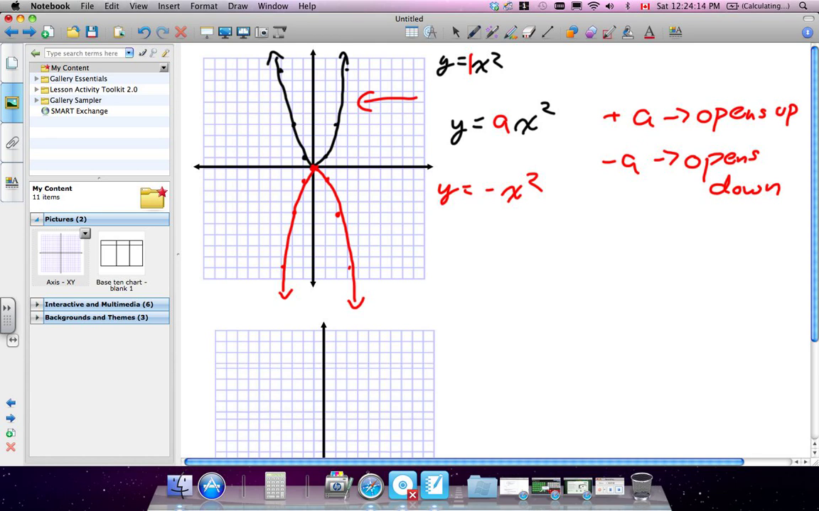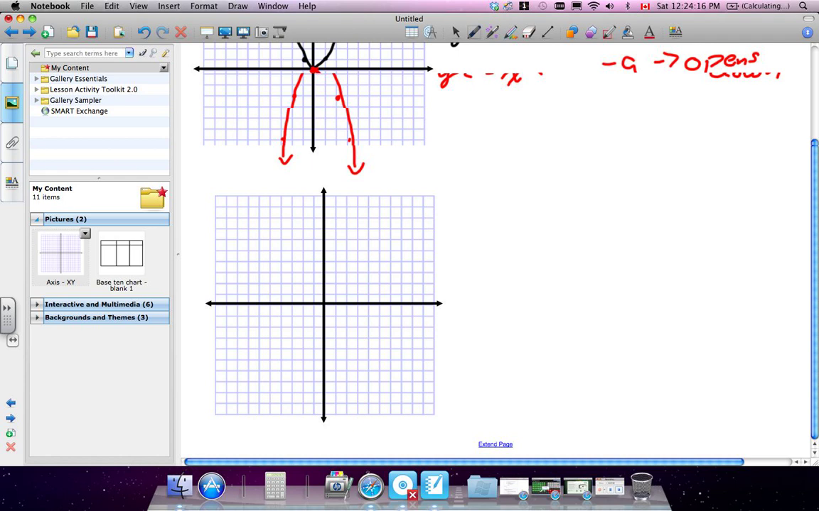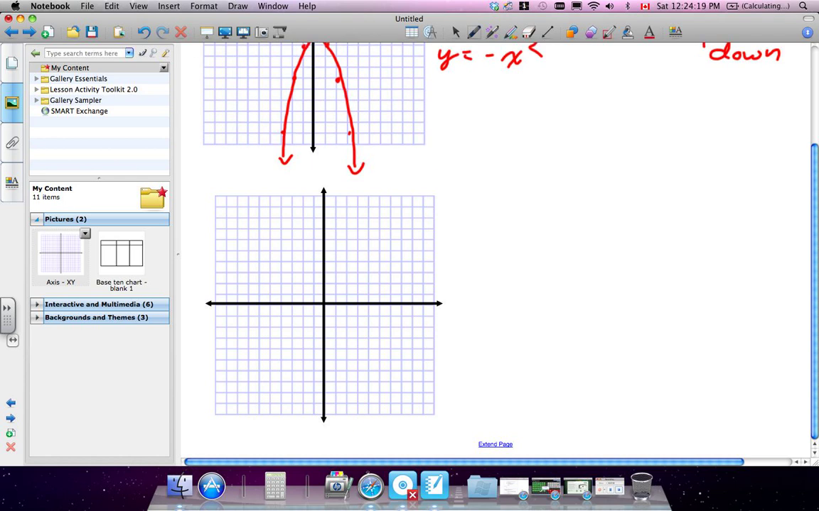The tough part about A is, now that you know negative and positive, we're going to talk about just the units. If A is greater than 1, it stretches by a factor of A, it's called. So stretch,